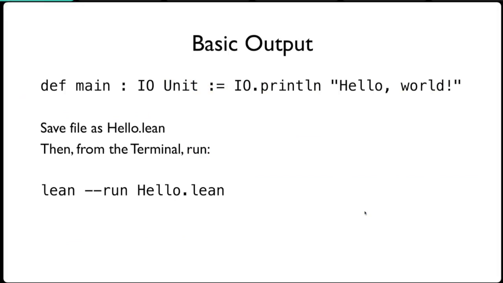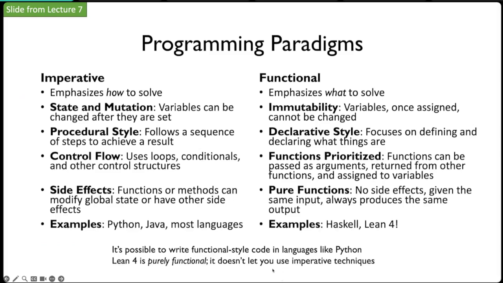But the general idea is we need something different for Lean. And we need to define something specifically as input-output. We can't use the normal things. And this ties back to the differences between imperative and functional programming. This is where Lean does actually let you use imperative techniques, but this is just about the only place, essentially, because you need to,